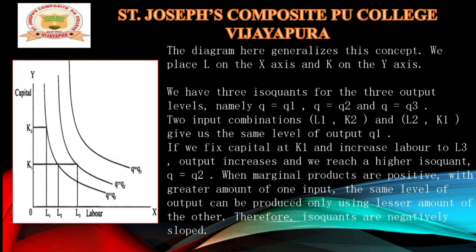Thus we can say that the production function is related to isoquant theory also. Why? Because the production function tells us the relationship between input and output. Likewise, the isoquant also tells us the relationship between input and output. How can we say that? Because if the number of units of inputs increases, automatically the output also increases, from Q1, Q2 to Q3. And here Q2 is a higher isoquant curve, because the output is more. So this is the theory of isoquant.